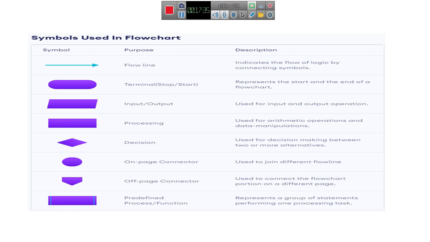So here we have the input symbol, output symbol, and process symbol. These are three different statements, but only two symbols. The statements are input statement, process statement, and output statement, but the symbols are only two.